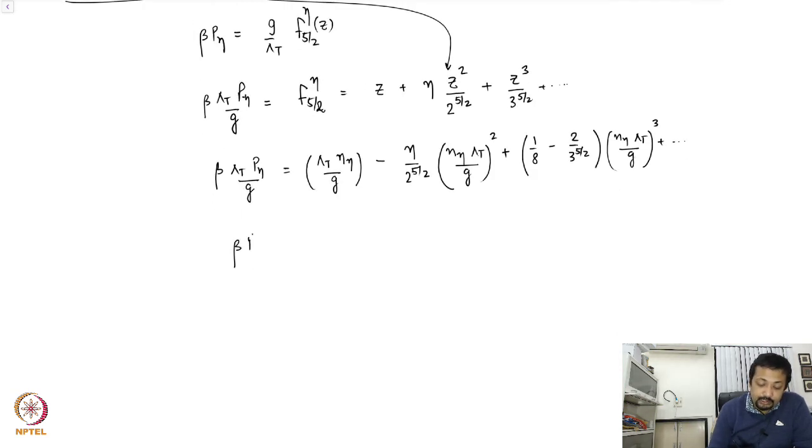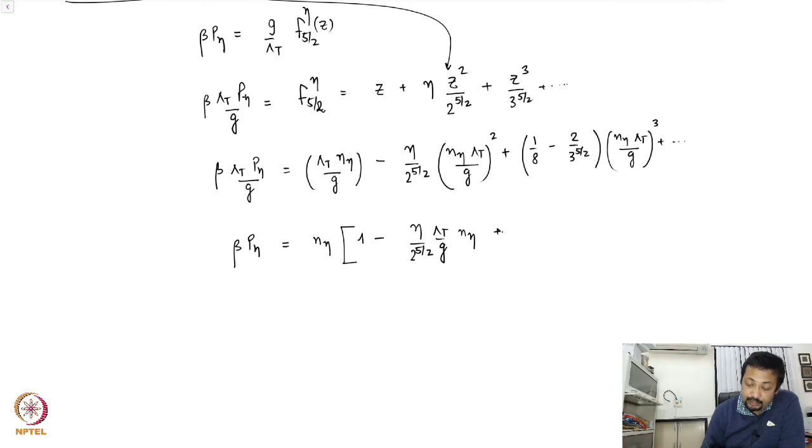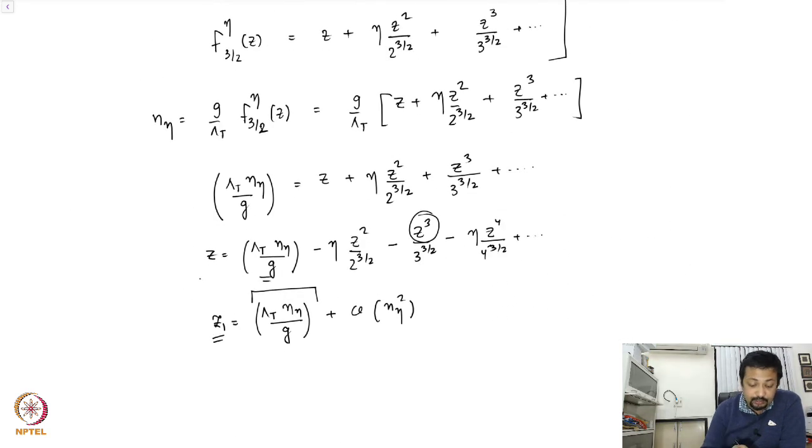So you immediately see that the λ_T over g cancels out from the left hand side, so that I have nη, and I can take this common as 1 minus η / 2^(5/2). One factor of λ_T over g is going to cancel out from the left hand side, so I'm going to be left with λ_T over g times nη plus higher order terms. In fact, just to determine this correction, it is sufficient to keep up to the first order in z1,